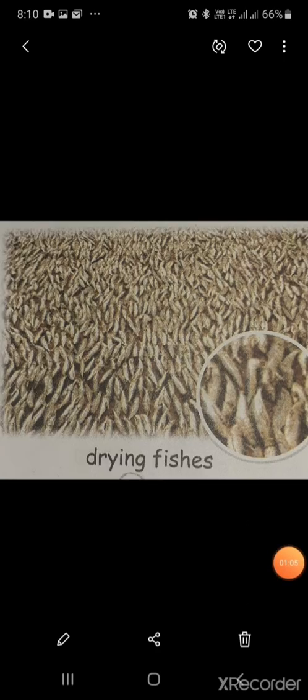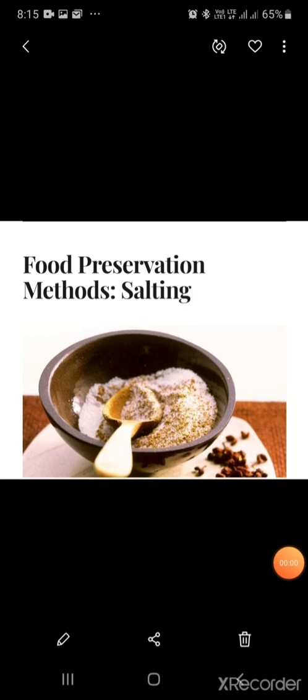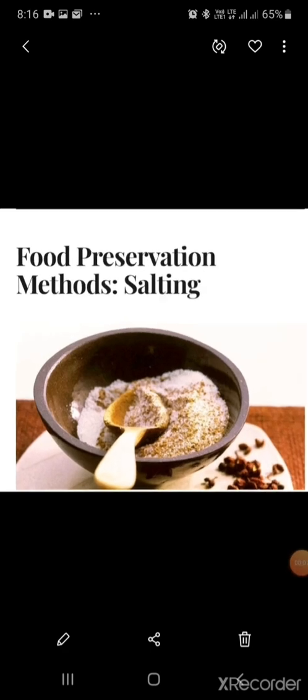You must have seen potato chips made at home by drying them in the sun. The sun's heat removes water from these food materials and makes them dry. Fishes are also preserved in the sun by drying them. The fourth method of preservation is salting